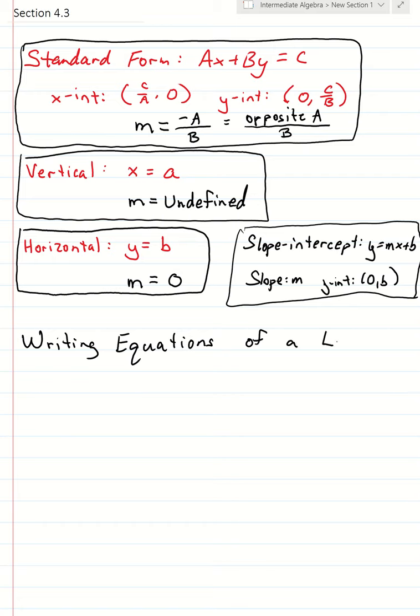okay? This is as close to word problems as we get in this particular course. I know you're disappointed by that. Everyone loves word problems. But we're not going to have any real word problems here. But these will be, like I said, as close to word problems as we're going to get because they are problems with words. Okay. For example, I could ask you to write the equation of a line,